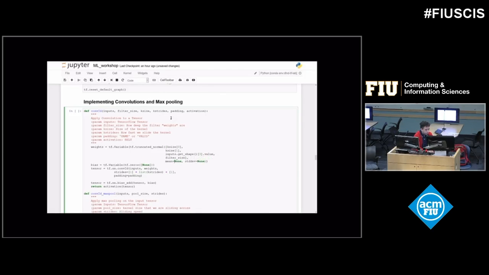And so here I call it weights. It's also known as a filter. I'm going to initialize the filter to be a random distribution with 0 mean and 0.1 standard deviation. This is optional, but to every tensor activation, you can add a bias to it, and the bias is just going to have to be the same size as the filter.